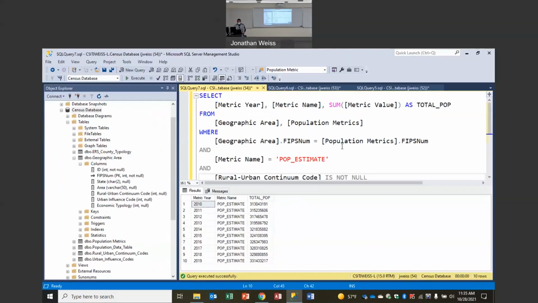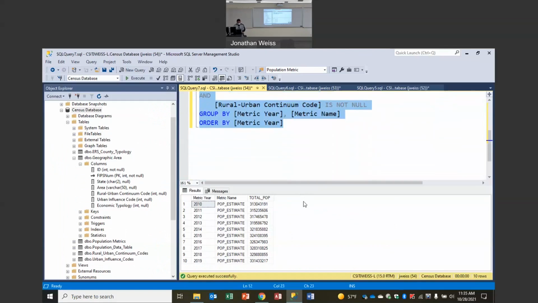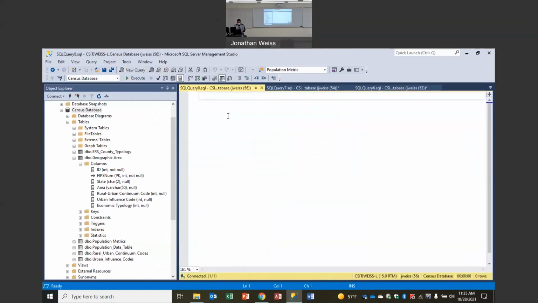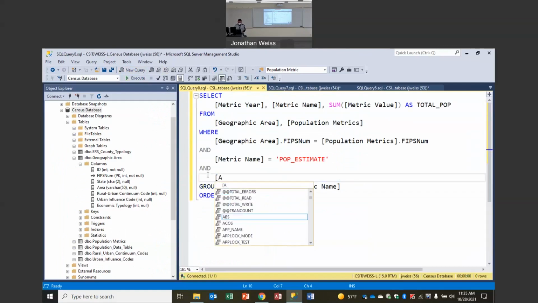So let's do that. Once again, I can copy this query and create a new query. I'm going to paste this query into here. Here it's not saying anything about urban-rural continuum. It just says area equals